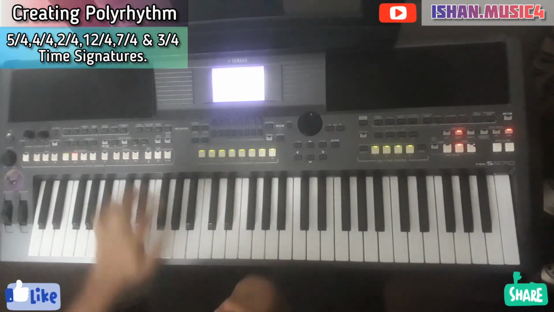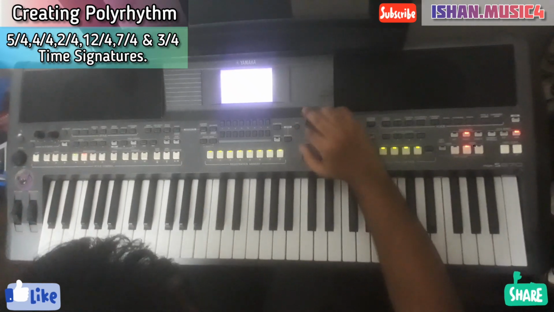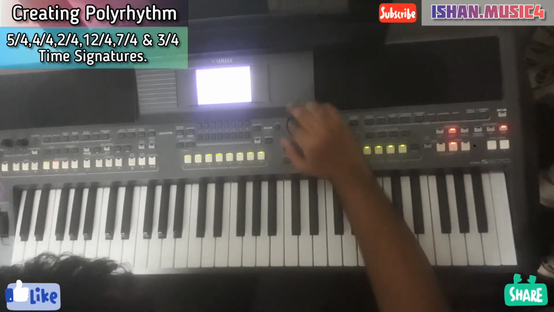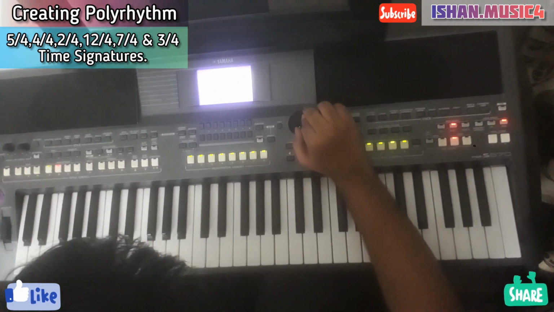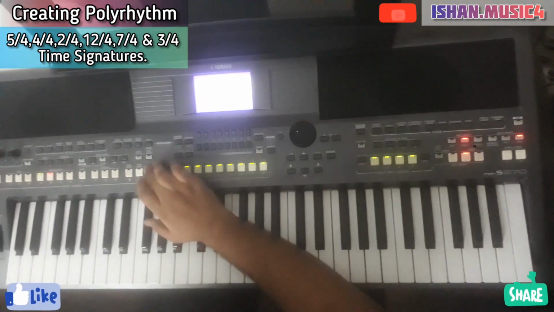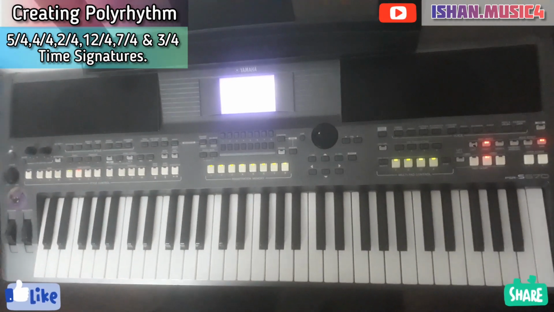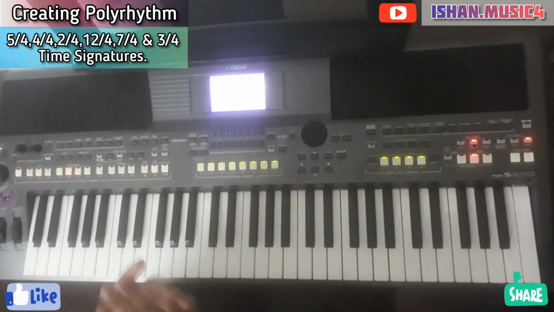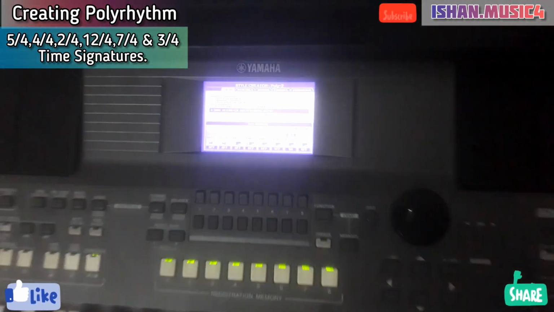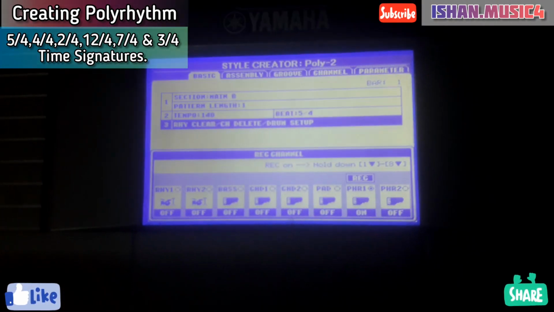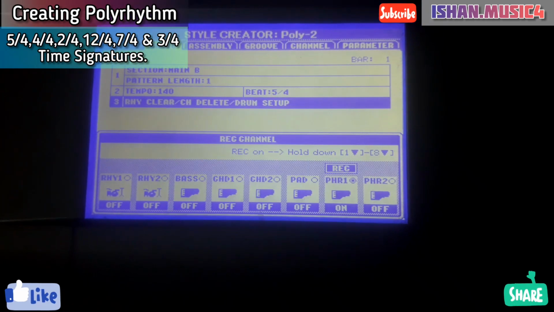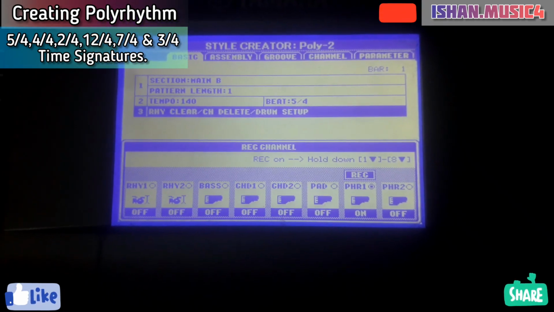I will increase the tempo so that we can listen to it more accurately. See, we have got it. We have got 7/4. 1 2 3 4 5 6 7.